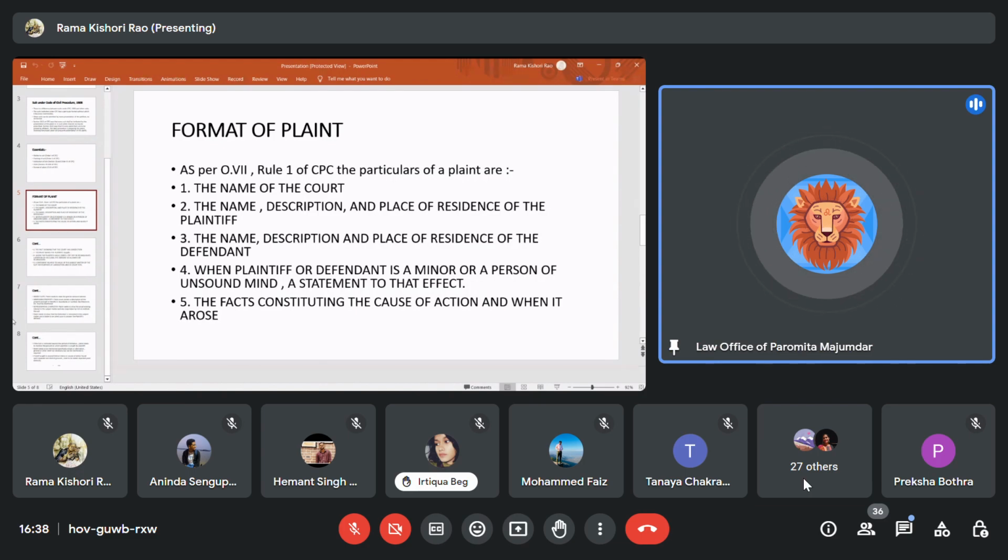Okay, so after name of the court, you come to name, description. This is what has been given in Order 7, Rule 1. But in the practical aspect, what we all do is, when we file a suit, we first write the name of the court, then we write in the matter of, the names of the parties, A versus B. That's how we write it.